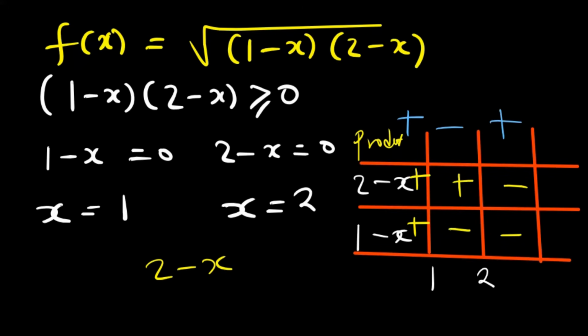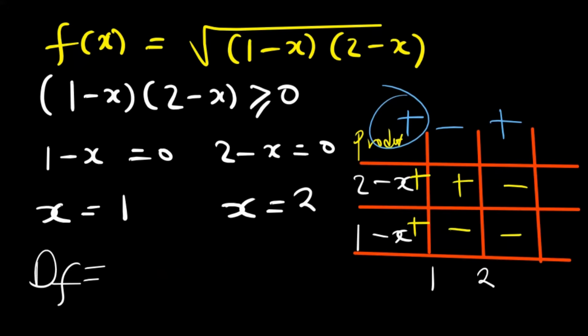Okay, now what this means is that because we've said we want values that are greater than or equal to 0, and we know that numbers that are greater than or equal to 0 are positive numbers, that is the range that we have. That is the domain that we want actually. Those are the x values that we want. So in this case, the domain for this function will be equal to, you know that going this side is negative infinity, the other side is positive infinity. Okay, so we want all the values from negative infinity